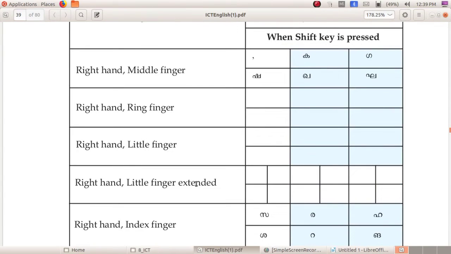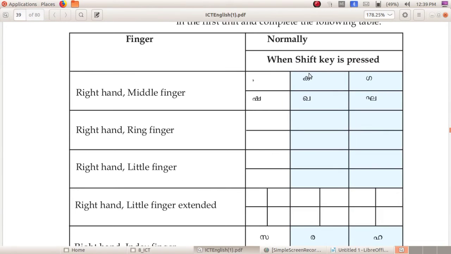Okay, so by looking into this picture you want to complete this table. So this is for fingers and this is for letters. Okay, right hand middle finger. This is the first row which is for normal case. This is for when you are pressing the shift key. So right hand middle finger, we can check that.